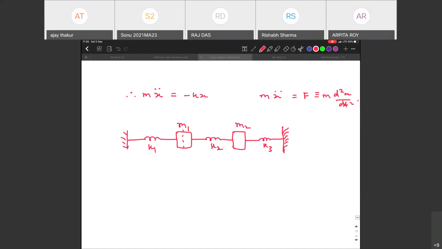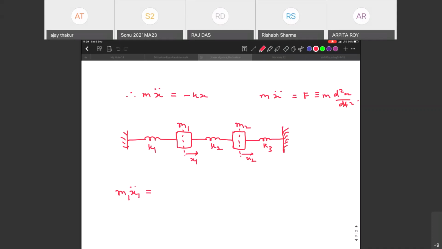And then what will happen? Okay, so what we first of all do is find the equilibrium location, and with respect to that, imagine some deflections x1 and x2. Then we only find what happens to m1 x1 double dot. So in this case, you will have to look at what is really happening to the springs k1 and k2, because this mass is hanging in between the two, right?